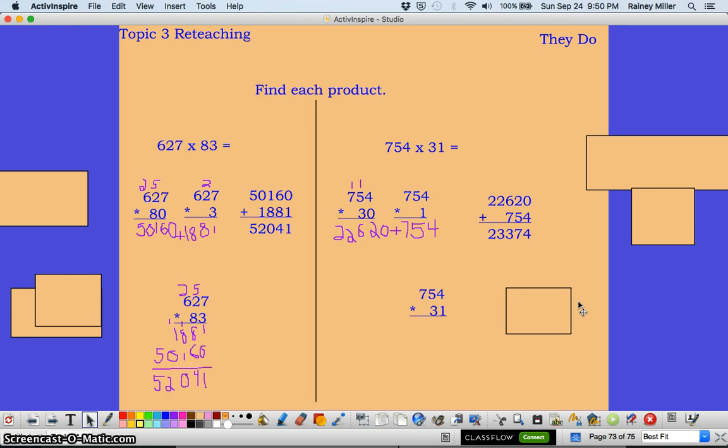So then I'm going to do the more condensed version. So I start off by taking the 1, multiplying it by the 4, well that's 4. I take the 1, multiply it by 5, that's 5. And I take the 1 and multiply it by 7, that's 7. I put my 0 under my 4 to show that I'm going to the 30 now. I'm working with tens. So 3 times 4, that's 12. So my 1 goes up here, my 2 goes down here. 3 times 5 is 15, 16. 3 times